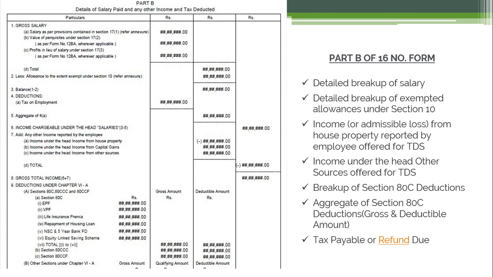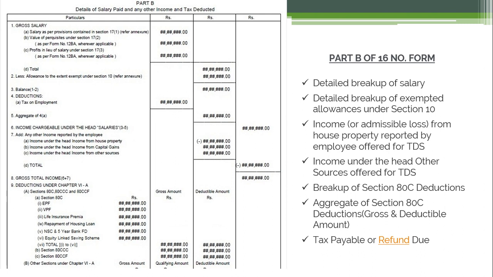The important part is Form number 16 Part B. We saw a similar form in the previous module when we were taking the case studies of rebate. All these details were available to you: your gross salary, your total deductions, the savings part. So the form looked like this. That was a computation and this is Part B.